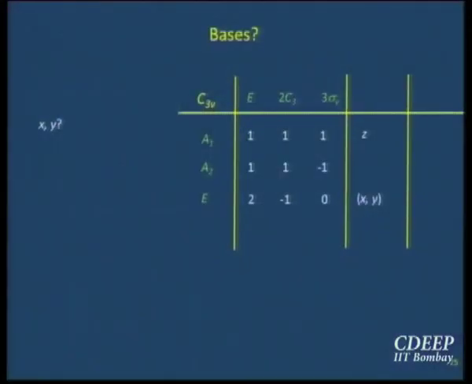There is no way in which you can apply one of these symmetry operations and leave X as a function of X only. It has to mix with Y. Alright. So that is why. So you can work it out and you will see that X and Y belong to E. And since they belong to E jointly, not by themselves, what we do is we put them in brackets and put a comma between them. That is the notation used for more than one dimensional symmetry species.